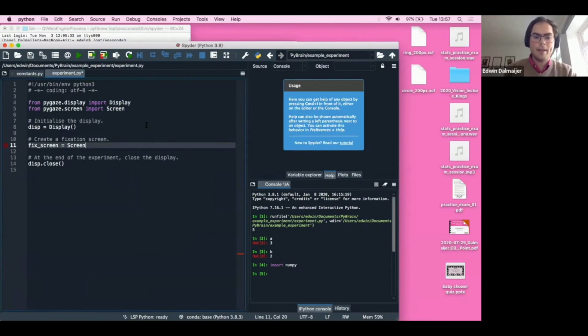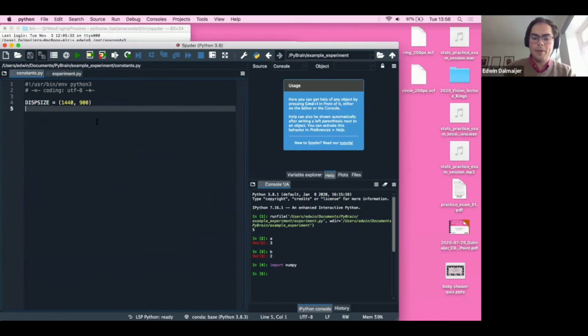And the way you set that up is by creating this new instance of a screen. The nice thing about this is that, again, it just automatically detects the display size that it needs to be from the constants, which is brilliant because then I don't have to change anything. I can just say, I want a screen here. It also picks up a few other things, and two of those things, so I'm going to open the constants again now. Two of those things are the